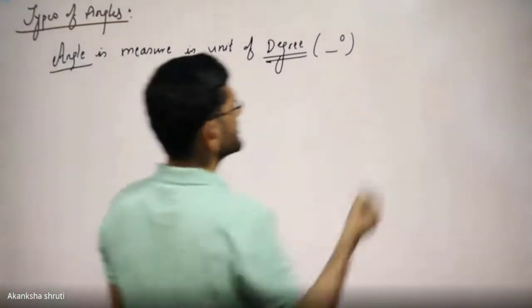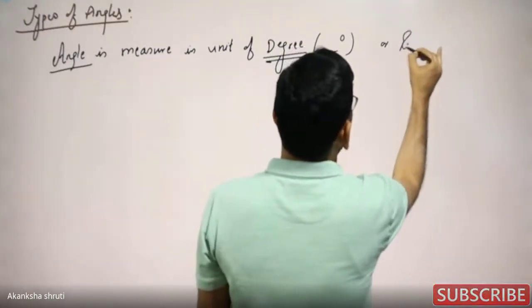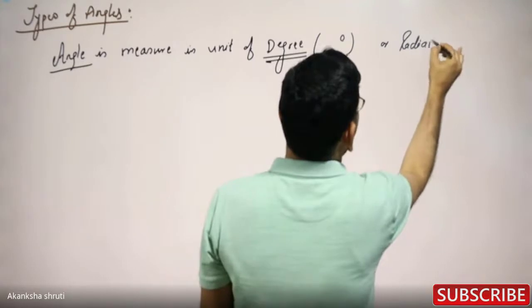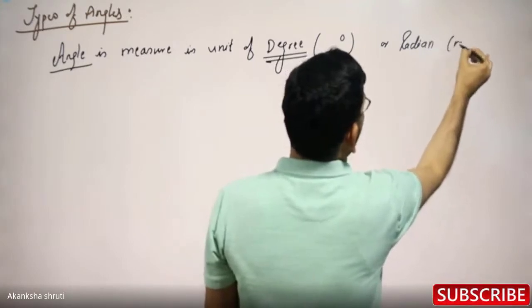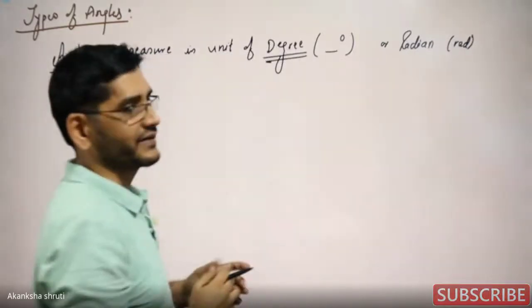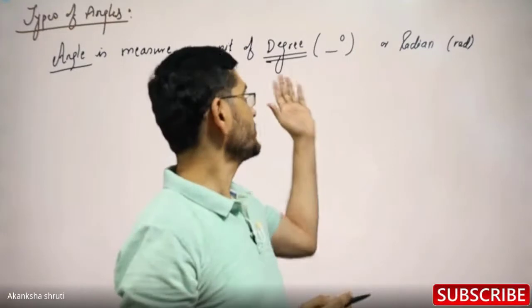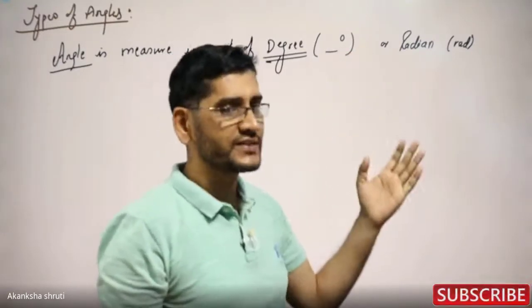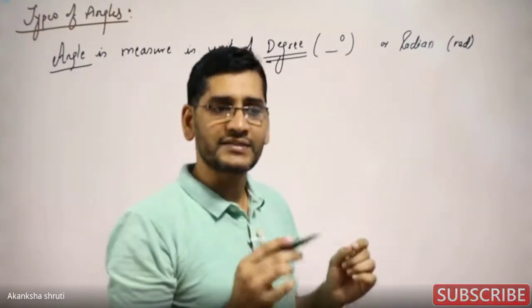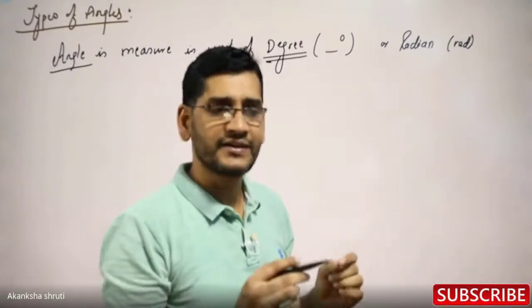Students, we will see that there is another unit called radian, denoted as RAD. But what is this degree, radian, how they are related? This thing we have to learn in class 10th. It is not important here, but we have to just understand. For expressing the angle, we will express it in terms of degrees.